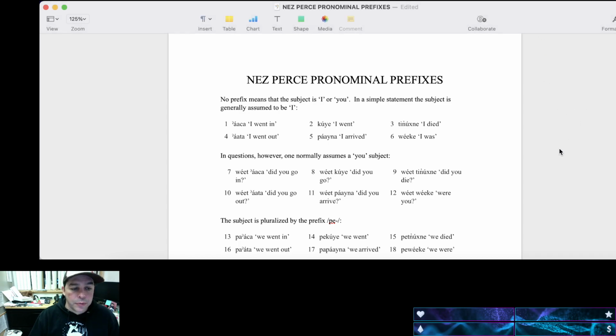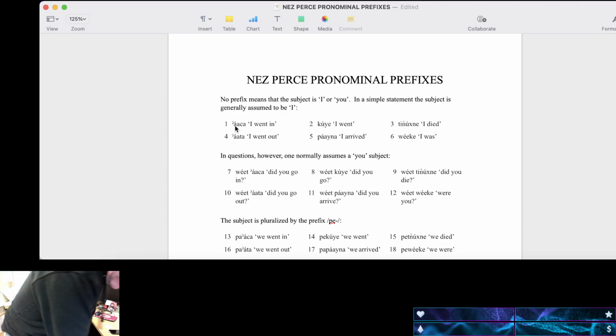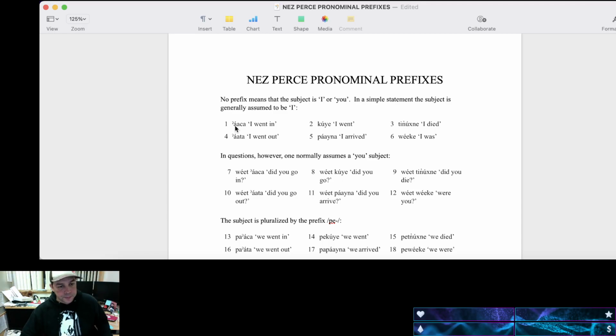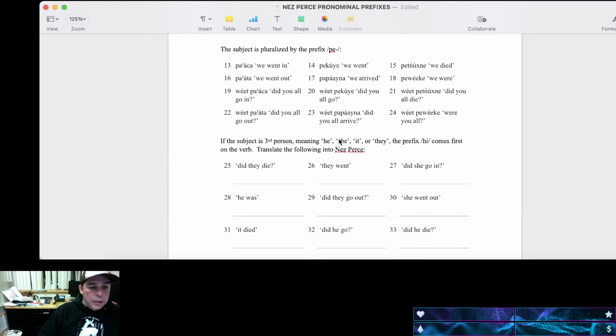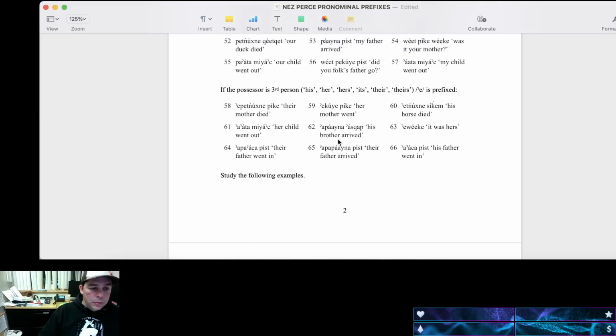The very first prefix that we have is, there's no prefix. So the verb to go in is there, and you can see that there's nothing on the front. It just starts right with the verb. When we do that, we're in first person or second person, so that's I or you. And then we put a simple tense on the end, and then we're making a sentence. This is the equivalent of I went in, which takes 3 different words to do in English. So the first pronominal prefix is that there isn't one. And then the second one is